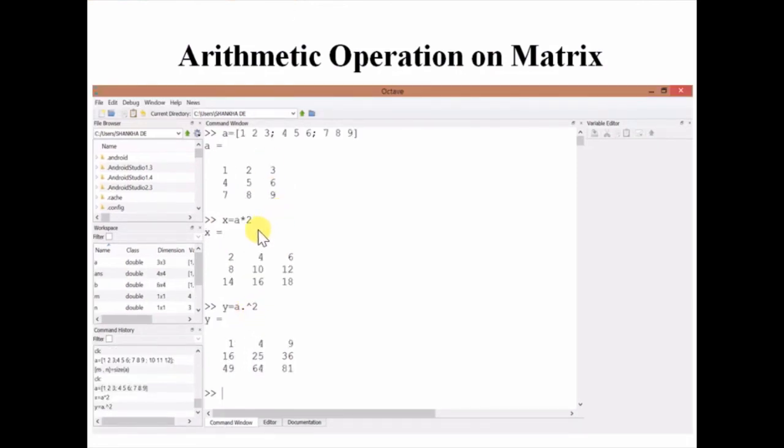Similarly, to multiply all the elements by 2, we'll just write x equals A times 2. That means it will multiply 2 with all elements. Here y equals A dot power of 2. That means again all the elements will be raised to the power of